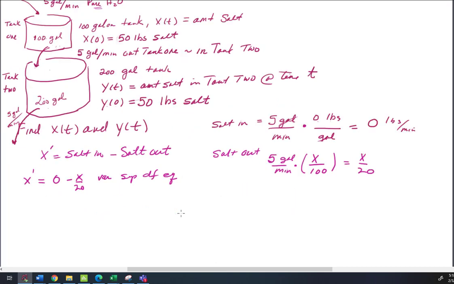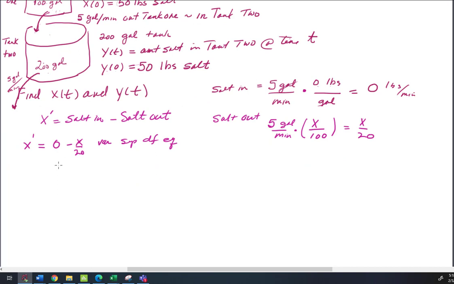Let's scroll down just a little bit, and we would write this as 1 over x dx is equal to negative 1 over 20 dt. And then to solve, I'd integrate both sides, and that would give me